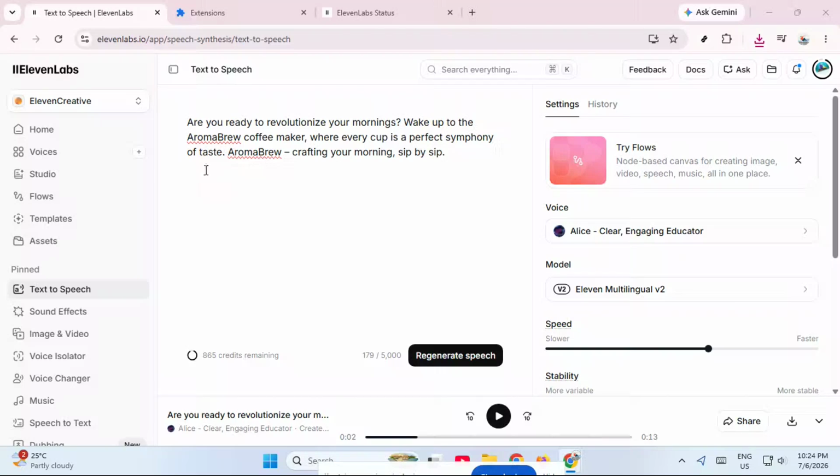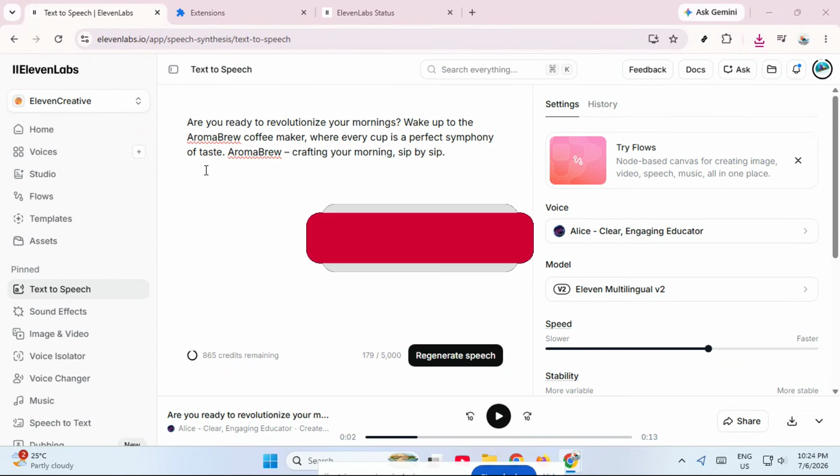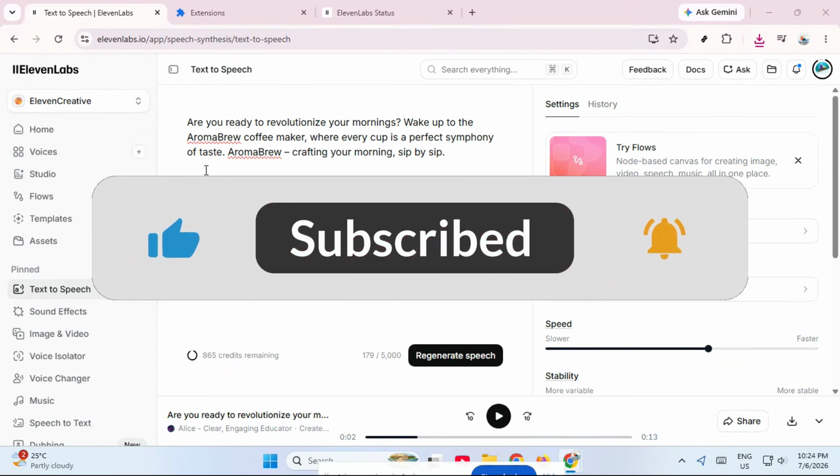If you're getting the ElevenLabs error that says something went wrong, don't worry, because in this video I'll show you 3 quick fixes that usually solve the problem fast. This issue can happen for a few different reasons, including text that is too long, a broken login session, or even a temporary server problem on ElevenLabs' side. So before you assume anything is wrong with your account, let's walk through the easiest ways to fix it step